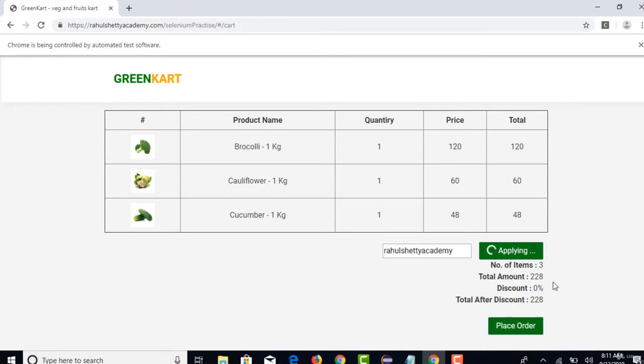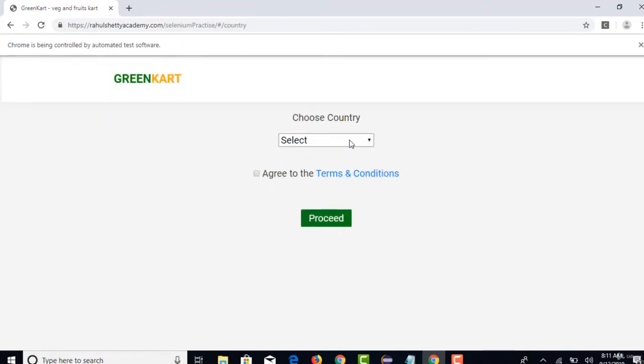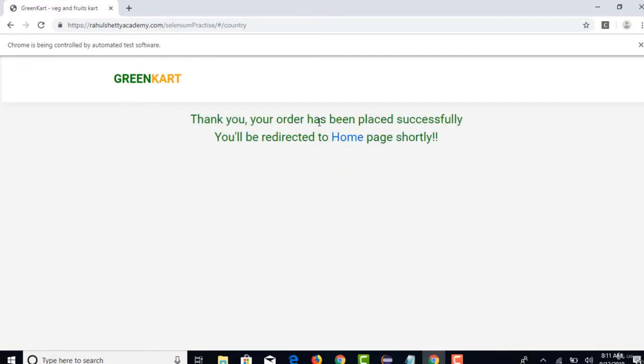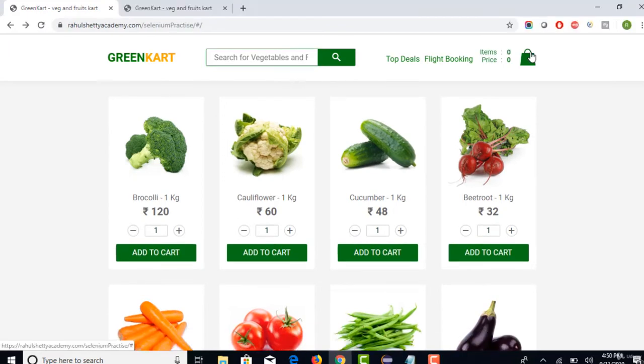After the amount got deducted, you can place the order by selecting your country and checking the terms and conditions, so that you will be on the confirmation page. The application looks simple, but you can make complex validations out of it. We will do some smart automation here.